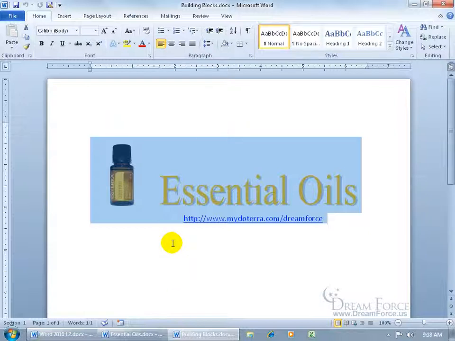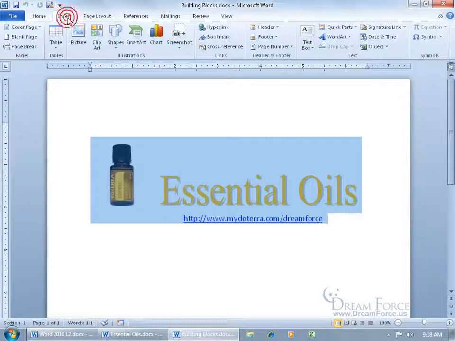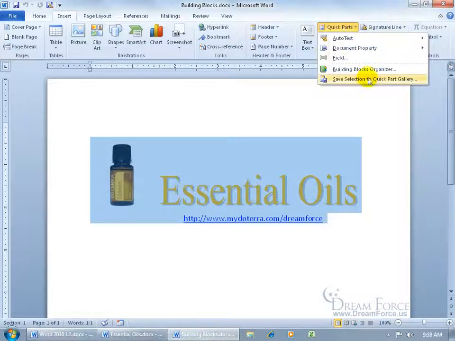Now to save it as a building block, come up here, click on the Insert tab, go to the Text group. Now you're thinking, wait, we're not inserting. Well, you have to go this route to be able to click on the Quick Parts drop-down arrow and to save your selection. Now it says that you can save your selection to the Quick Part Gallery, and this is the Quick Parts, right? The Quick Parts contains the building blocks or the organizer,